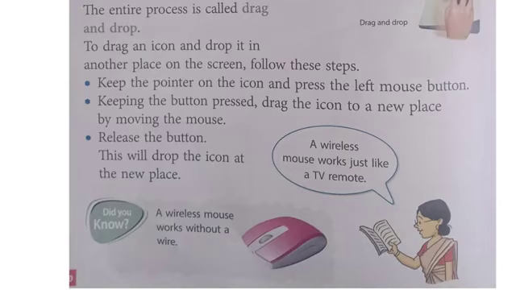I will bring it down. Okay, I will just drag it down to the bottom right corner. Okay, bottom most right corner I will bring it, and once I reach the place I will release my hand. Once I release my hand, the icon will have come to the desired place. Okay, so this is the process.